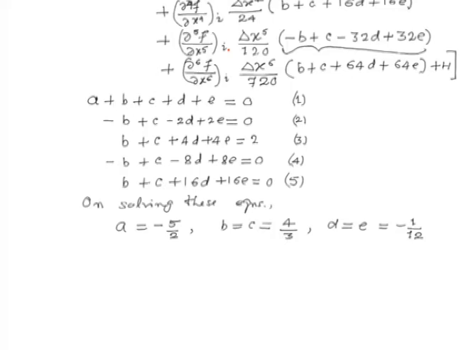So, the leading coefficient in truncation error would be given by the multiplier of del 6f over del x6. So, truncation error for this scheme is del 6f over del x6 of i